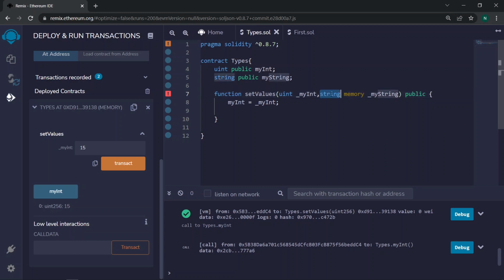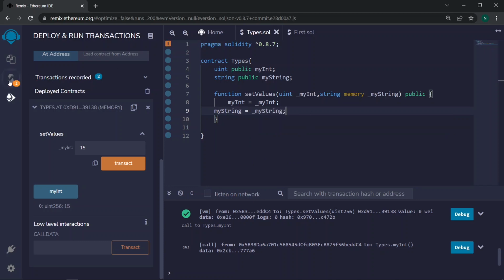As per Solidity 0.8, we need to define the data location if we are defining a string, or a reference variable like a mapping or an array. So we need to define memory, and if we define memory here, it shows that it will be a temporary memory variable of the string. So myString would be a temporary variable which will be destroyed after this function is executed. Then we can just define myString equals to myString. If I now save and compile again,